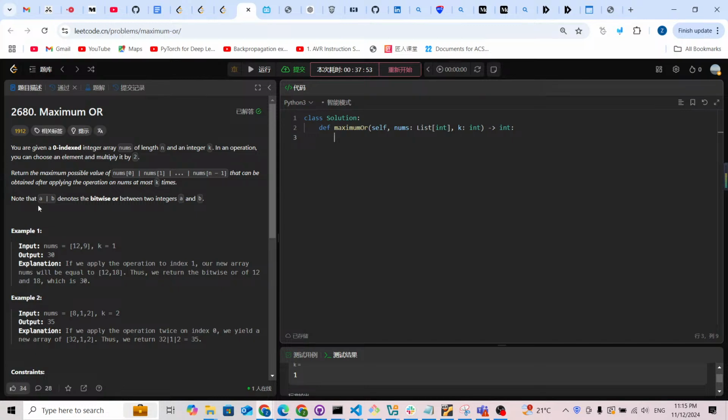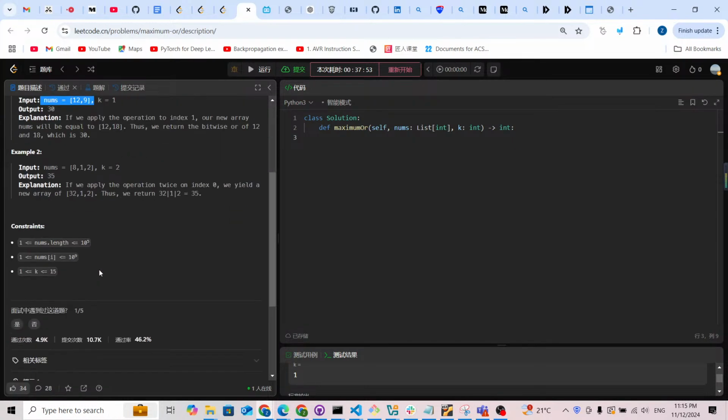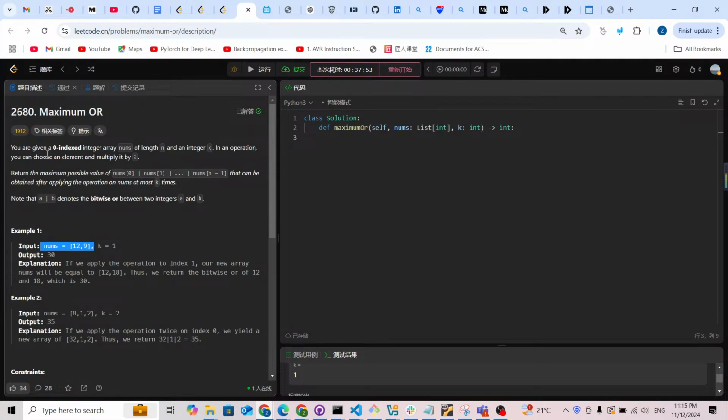Maximum OR. We are given an array of nums, which always contains positive integers. We are given a zero-indexed integer array nums of length n and an integer k. In one operation, we can choose an element and multiply it by 2. For example, if k equals 1, this means we can choose any number, either 12 or 9,